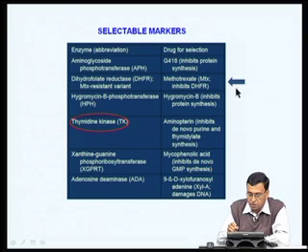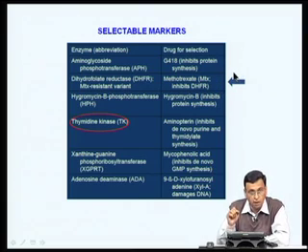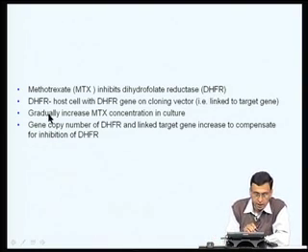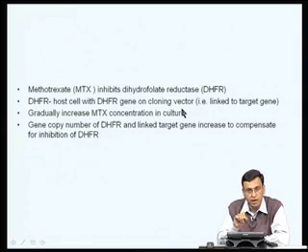I am going to spend some time explaining how you select for methotrexate resistant colonies, because this is one of the markers which is very efficiently used for recombinant protein production in cells called Chinese hamster ovary cells. So, methotrexate inhibits the enzyme dihydrofolate reductase. The DHFR gene is present on the cloning vector and is therefore linked to